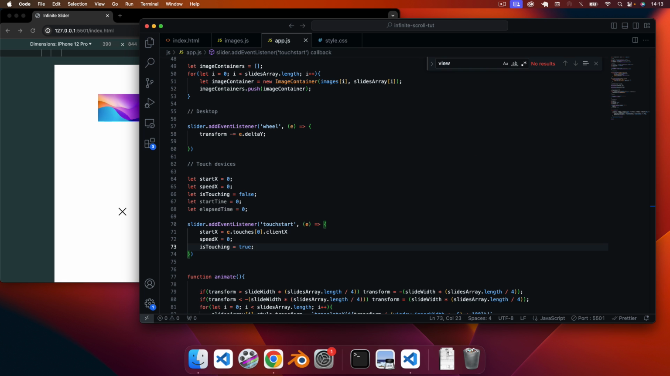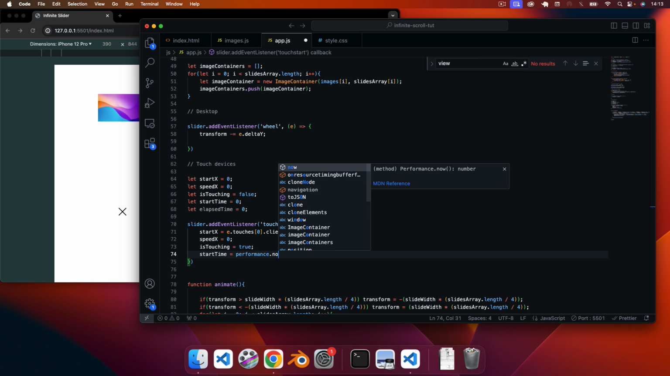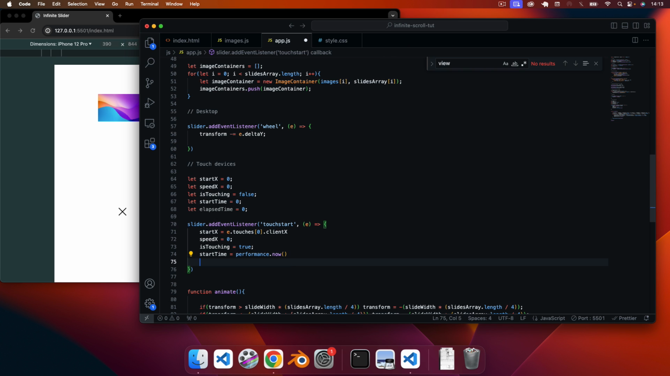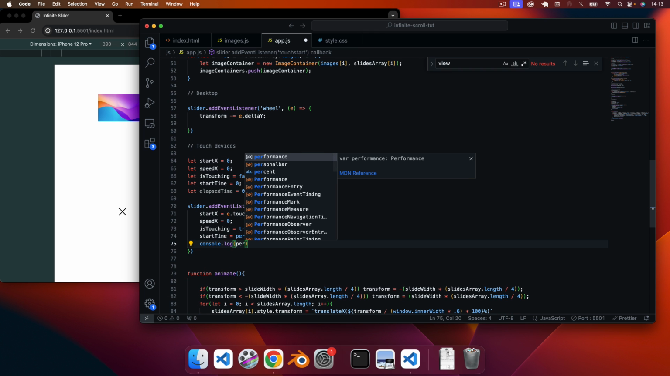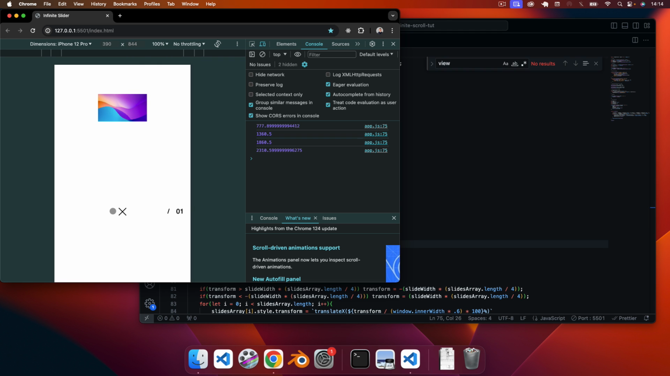and then we'll also say isTouching, because the user's touched the screen, we'll set that to true. Okay, and then the next thing we want to do is say startTime equals performance dot now, and I think this gets the current milliseconds. So if you say console.log startTime, sorry, start time rather. Yeah, so it takes the milliseconds from when you touch. So if I refresh this,